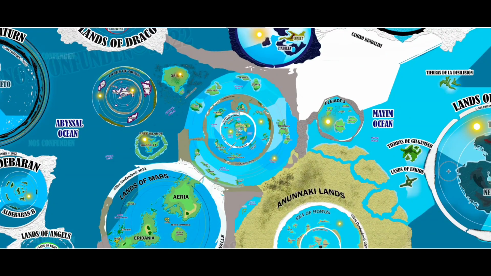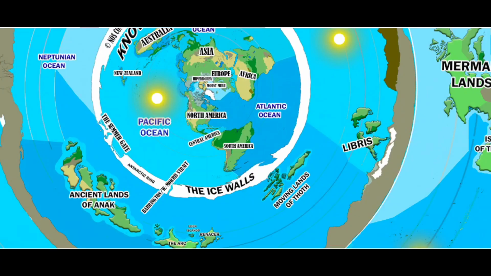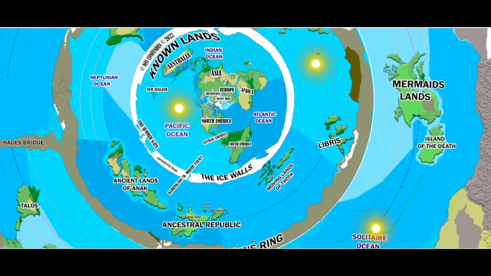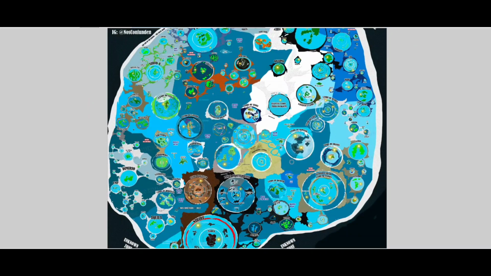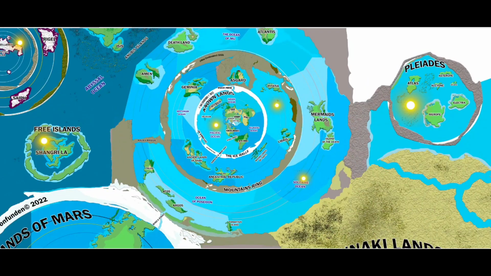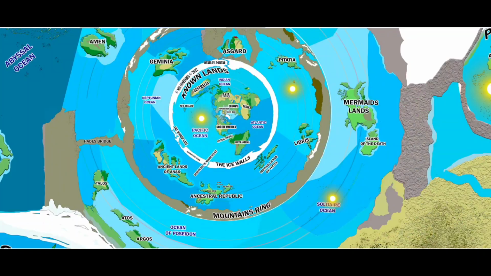Today we'll be doing the 10th episode of the Nos Confunden's Terra Infinita map series. For returning viewers, you already know what's going on. You already know what we're looking at, you know how crazy this map is, you know how crazy this universe is. But for those that do not know, this is a map of the entire universe, but not as we know it. It's the universe based on the Terra Infinita concept, which means that according to Nos Confunden's map,